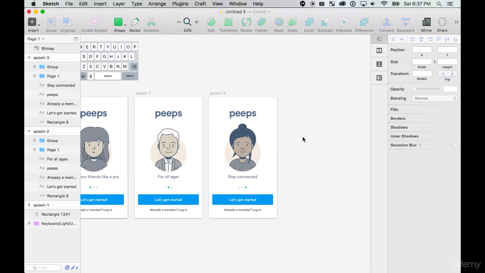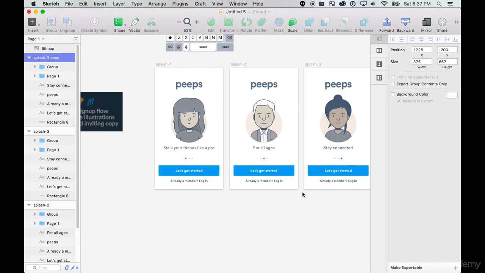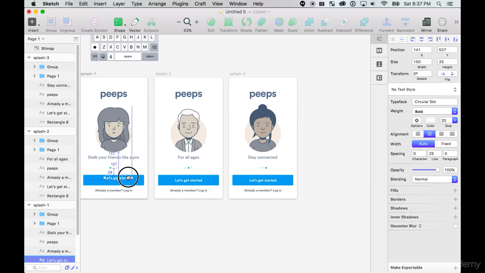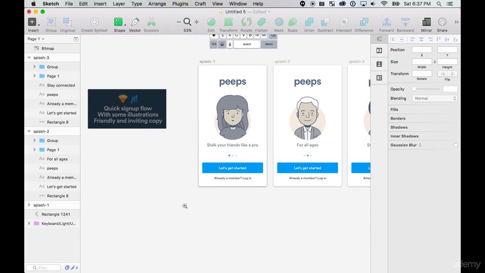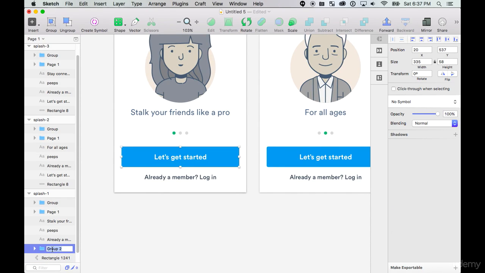When that happens, actually, let's move over here. Something that we didn't do is create a symbol. So let's create a symbol real quick. Let's group these together. This is going to be a button. Let's name this a button, and then let's create a symbol. I want to show you the power of the symbol. So let's create a symbol, and the symbol is going to be button